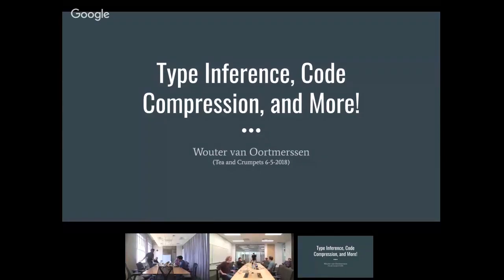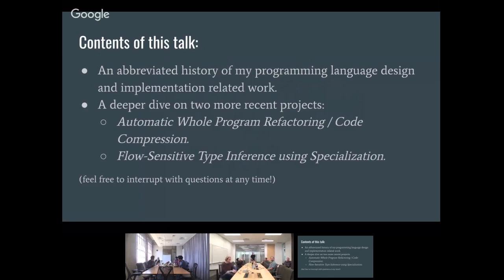Type inference, code compression, and more. So what I thought I did, since there's a whole bunch of programming language and compiler nuts in this audience, I'd go talk a little bit about stuff I've done in the area of programming language design and implementation in the past. So I'm going to give a brief overview of the more significant projects I've done there, and then I'm going to do a slightly deeper dive on two topics within two recent projects that I think you might